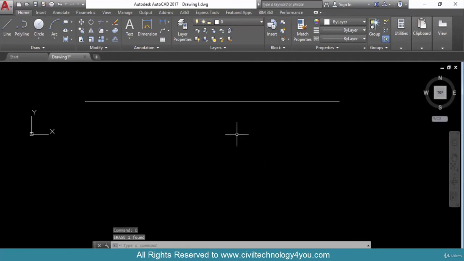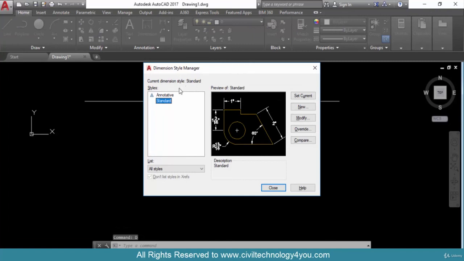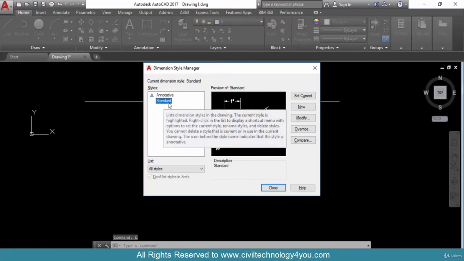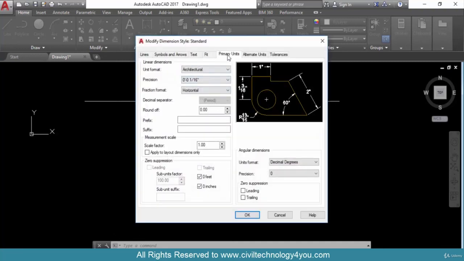To change that, I will go into the dimensions. For that I will press D and then enter. That is the command for dimension style. D and enter, and this window will appear here. Here you can see Standard. From here I can modify. To modify, I will go into Modify and directly into the Primary Units option.